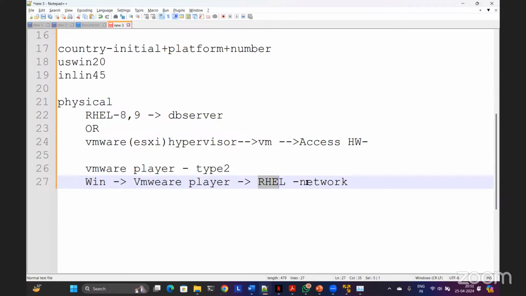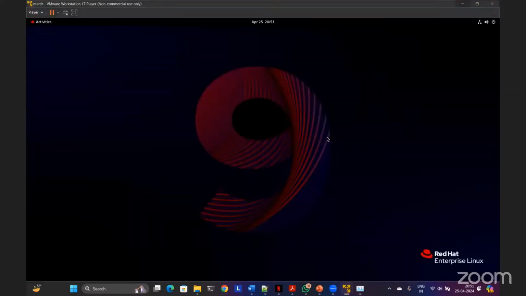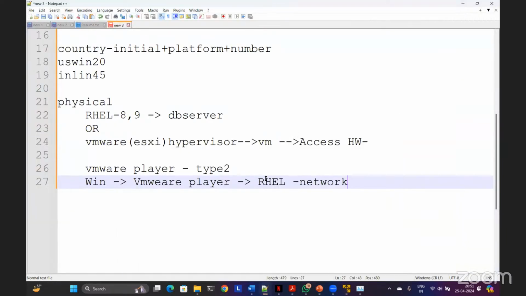This is how this virtual machine will get the network access, which means there is some latency, some delay. So that's why these virtual machines are slow, obviously, because they cannot directly access the hardware. We have an underlying operating system in the middle, the host operating system, Windows. And this Red Hat is called the guest operating system. So this is the guest OS, this is the host OS, and the host OS is managing the guest OS. This is a Type 2 hypervisor: VMware Player, VirtualBox, Hyper-V, like that, on your laptop, I'm talking about.